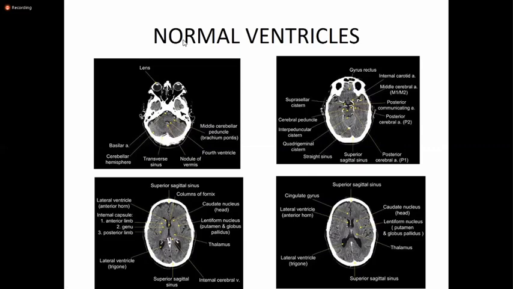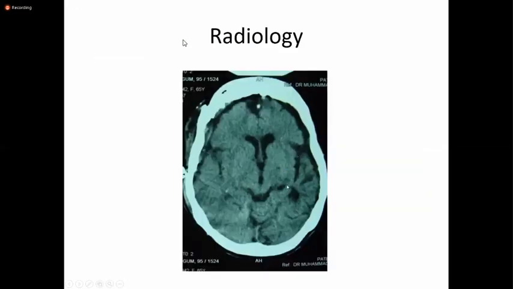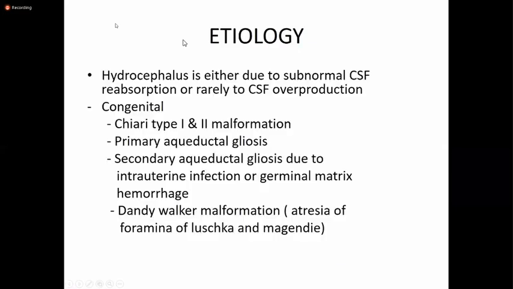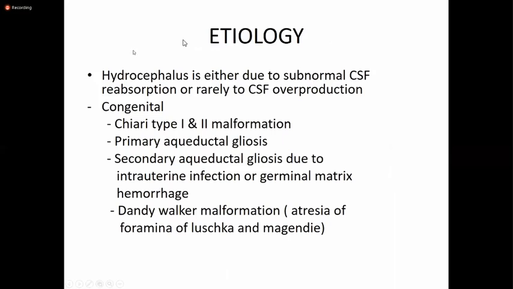So in case of hydrocephalus or raised intracranial pressure, the ventricles will be obliterated, the sulci will be obliterated, the Sylvian fissure will be obliterated, like this Sylvian fissure. This is the Sylvian fissure, and these basal cisterns will be obliterated. If these are obliterated, it means that the patient has very high intracranial pressure. Okay. You will understand the concept of all these CT scan findings in the next few slides.